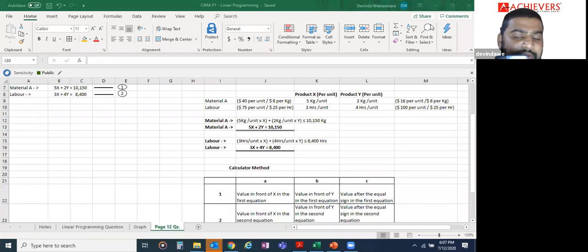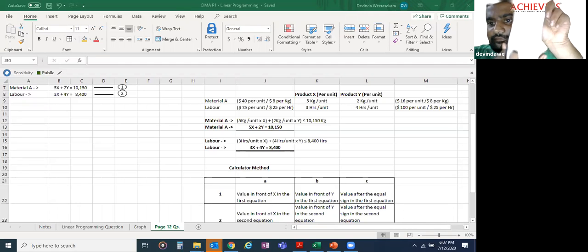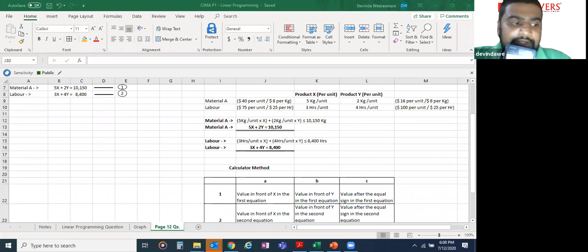When you press 1 and go into the EQN mode, they're asking the number of variables. Are they asking the number of variables? Yes, they're asking the number of unknowns, right? So how many unknowns are there, guys? 2 unknowns, X and Y. So you type 2. Now, the moment you type 2, you will be taken to a screen where they are now asking